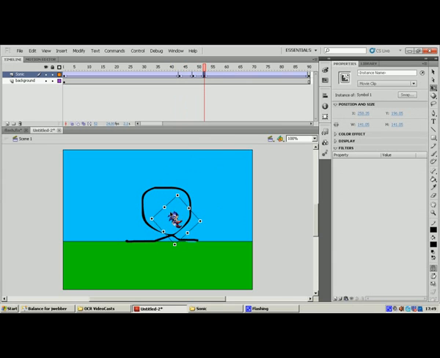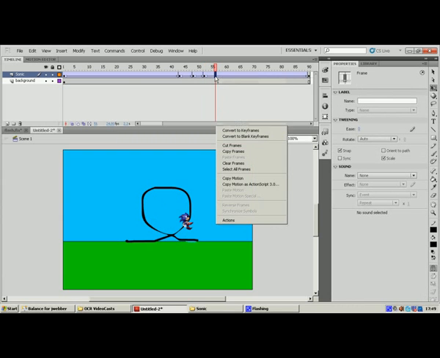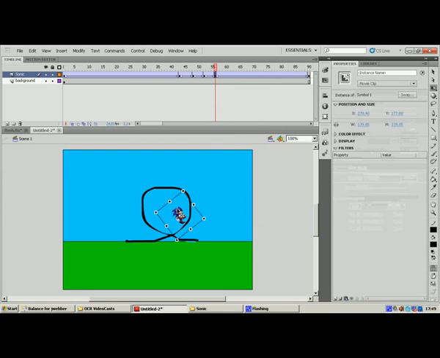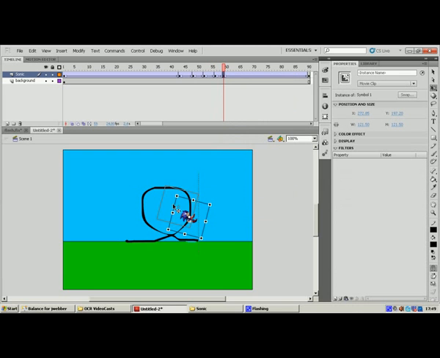There you go. So that's going upwards and a bit further from there maybe. So we don't have to insert a keyframe each time. I'm just literally putting it on and it's putting a keyframe in its place. Flash is good like that. It recognises that you want to do something and it does it automatically for you. Very useful. Let's keyframe again. Move that to there. And spin it round,